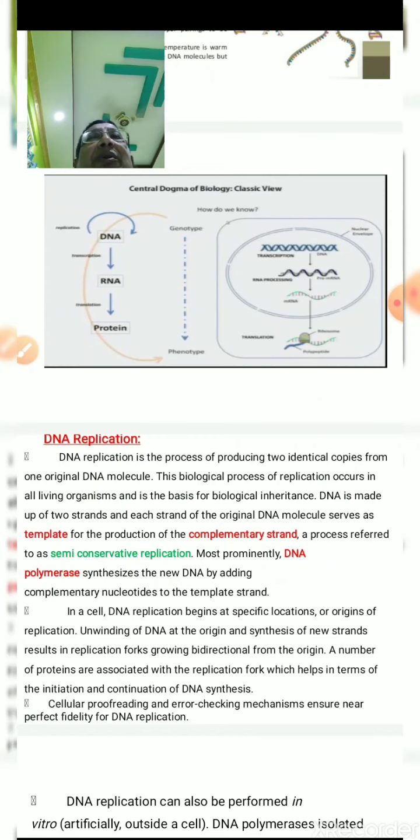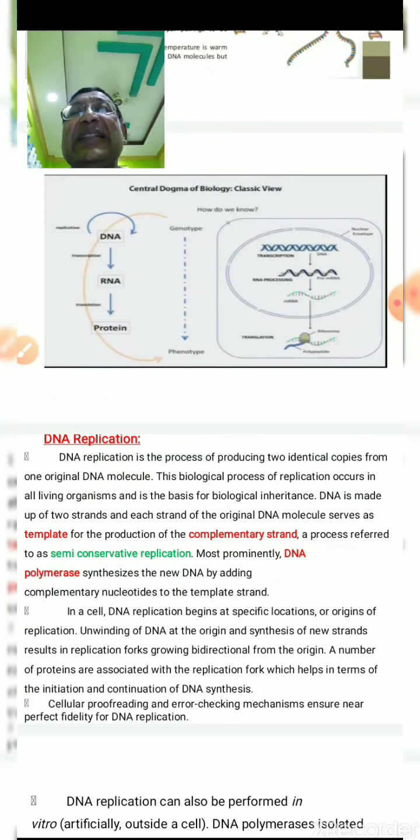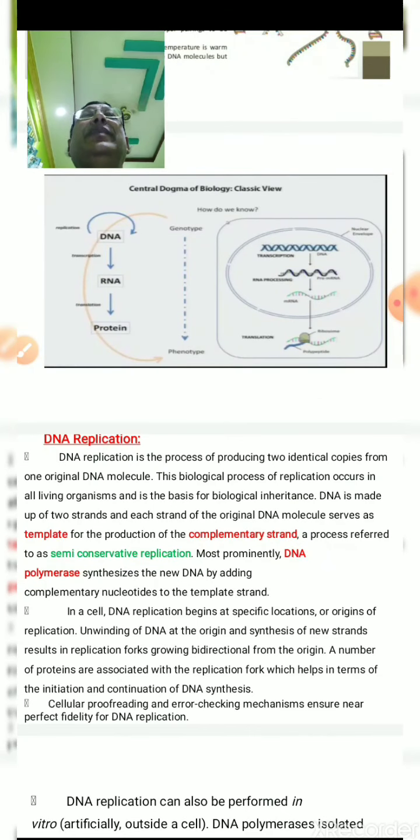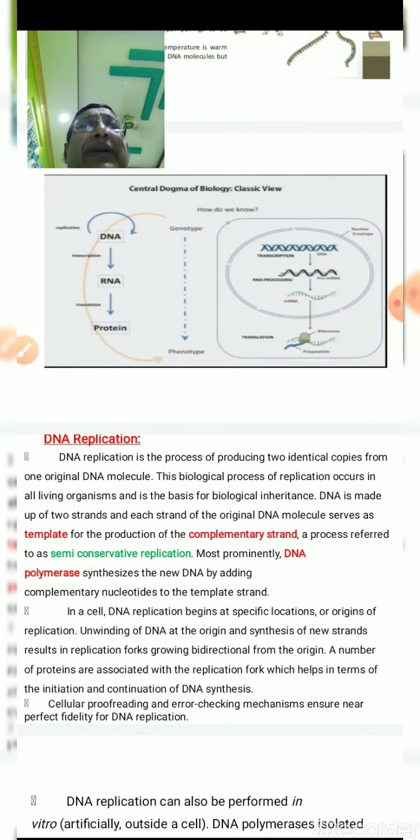So DNA is the master molecule. Everybody will know this is the master molecule. A DNA molecule may synthesize another DNA molecule, which is popularly known as duplication or replication of the DNA. That property only the DNA molecule has, not RNA, nor protein, nor carbohydrate. Moreover, DNA will give rise to RNA, which is known as transcription, and RNA will give rise to protein, which is translation. So in your syllabus, replication, then transcription, then translation, everything is there. So I will discuss one by one.